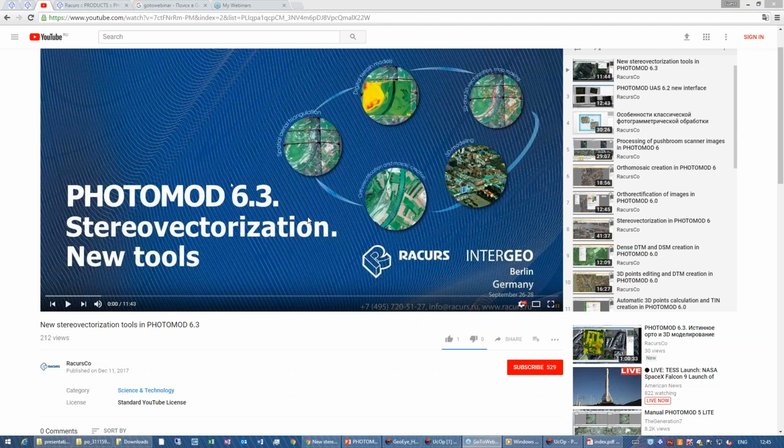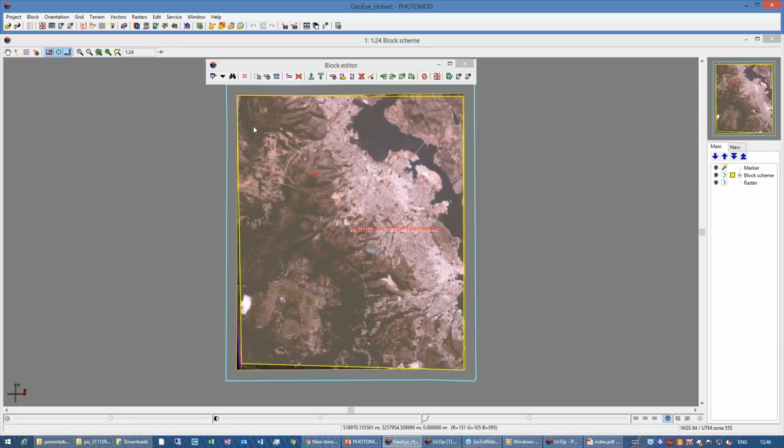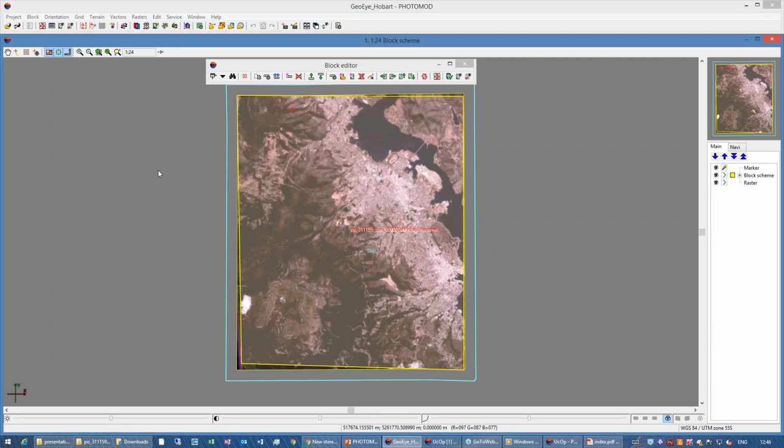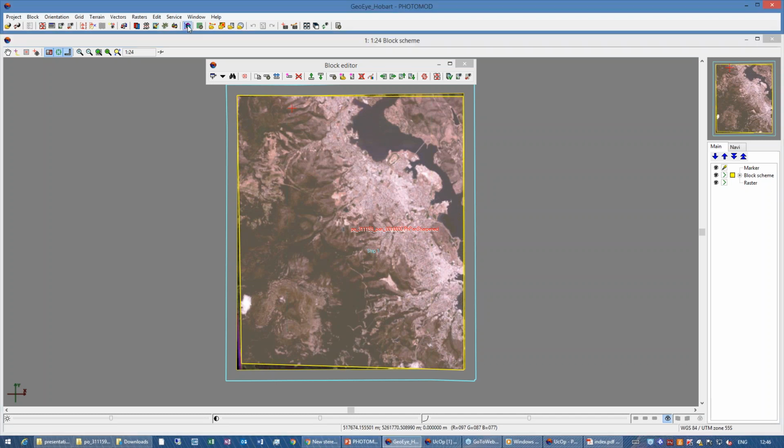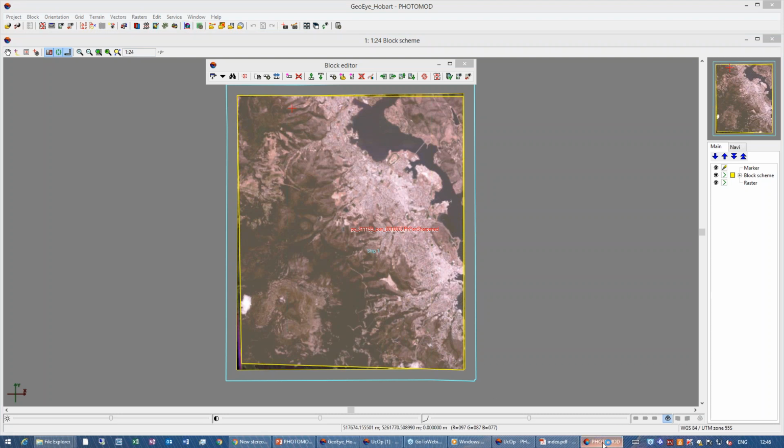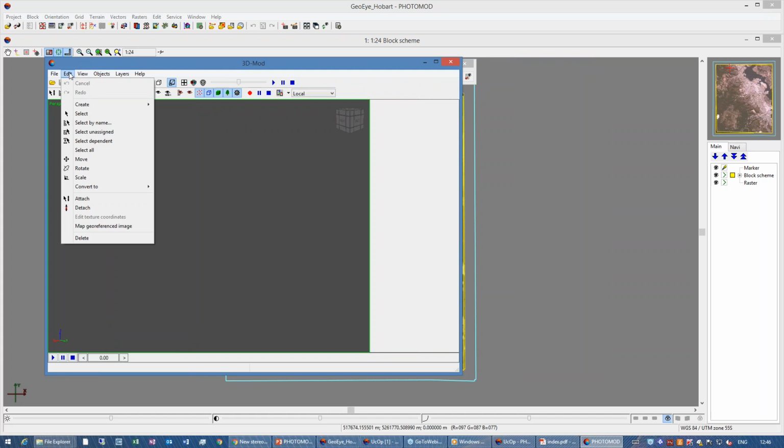Well, if we talk about vector 3D models, we have tools not fully automatic texturing but semi-automatic texturing of vector models. In 3D mode,